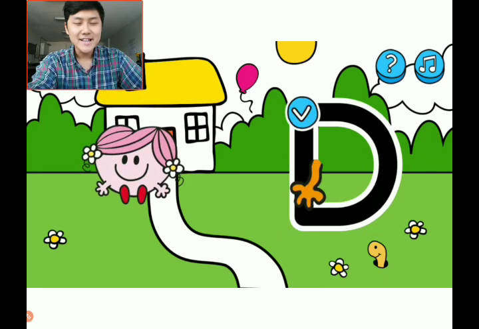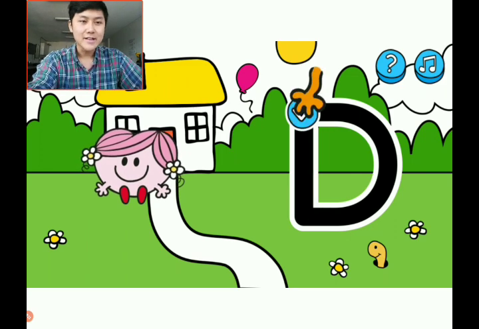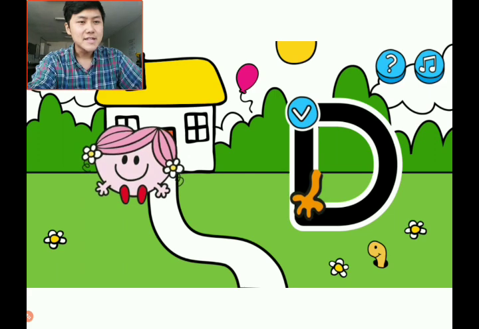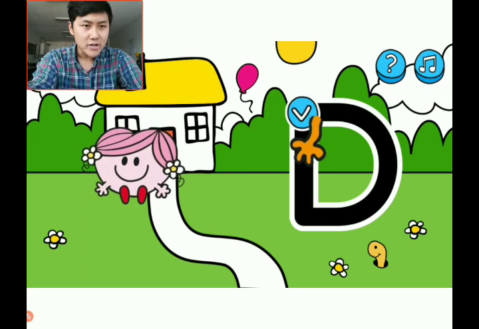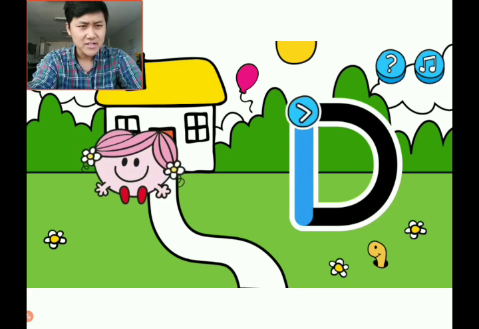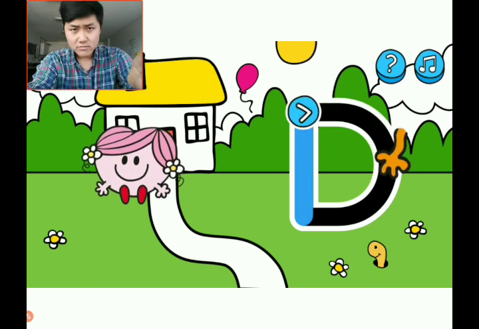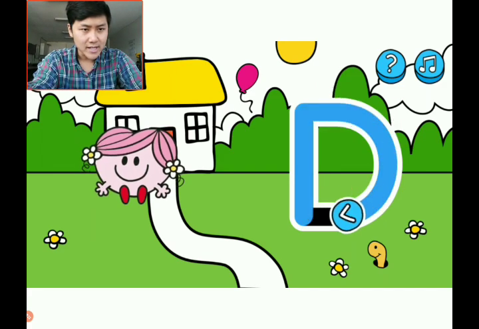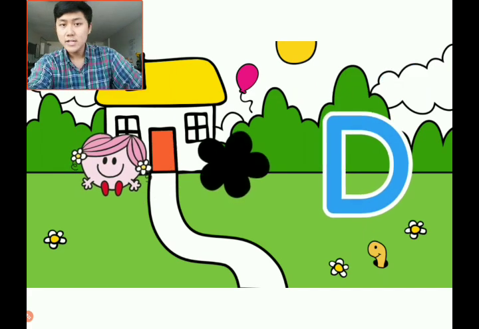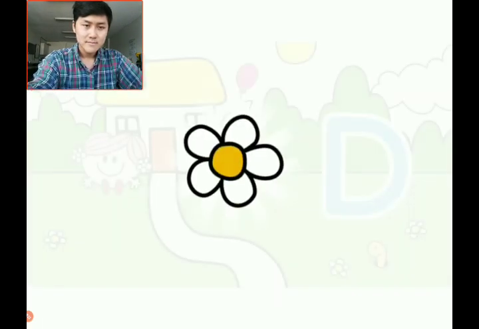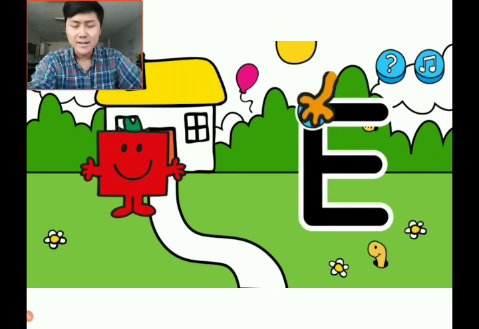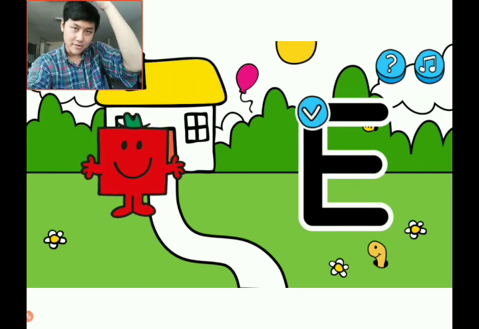D, and that's Little Miss Hug, and she loves to hug people. She's a very cute character. So D, again following the prompt, you just make that line down like this, and kind of like a C from what we learned before, but backwards. So I'm just gonna follow this line, just complete this D, and that's the letter D. And D is for Daisy,